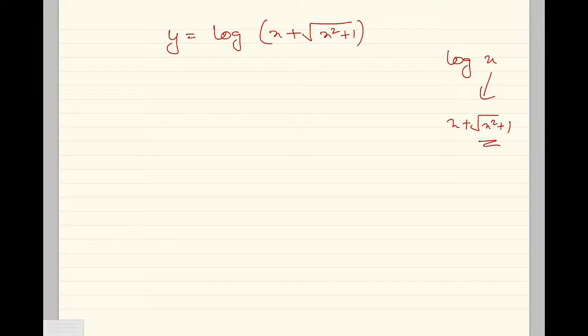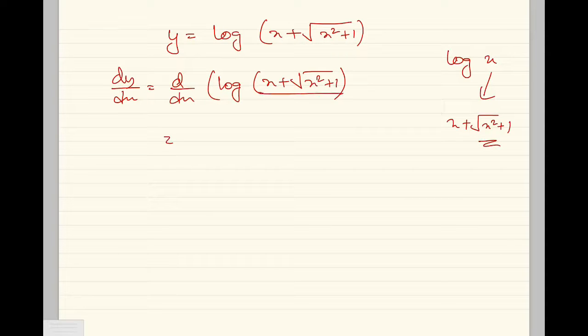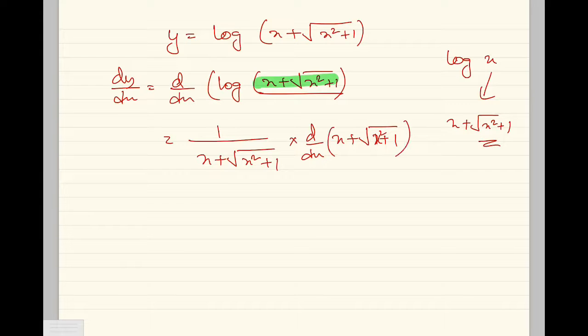So now I can write dy by dx equals d/dx of, differentiating both sides with respect to x, by the way, log of x plus under root x square plus 1. Correct? Okay, so that gives me, this is log x. What is d/dx of log x? 1 by x, and that's my x, isn't it? The green part is x. Correct? Into, create a chain, d/dx of the green one, x plus under root x square plus 1. Correct? Okay, now that gives me 1 by x plus under root x square plus 1 into,